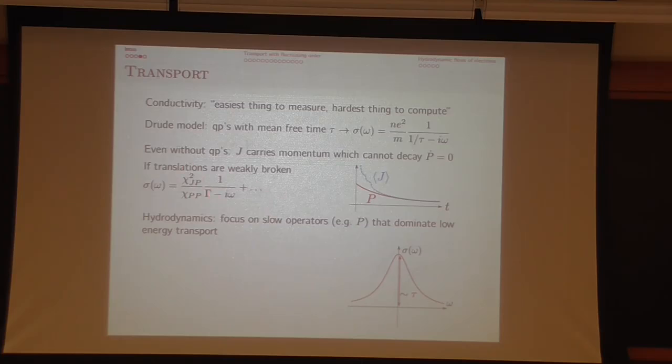Notice that I have, again, a Drude-like conductivity. It's basically the same expression, and I didn't have any quasi-particle properties. So this is basically the strategy of hydrodynamics. We don't want to give a complete description of the system, that would be way too hard. Instead we focus on all the slow operators of the theory that can overlap with the current. I should mention that the slow operator doesn't have to be momentum.